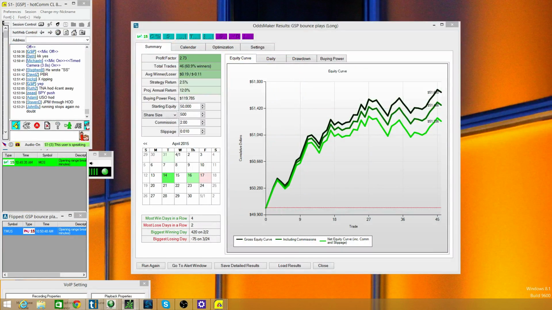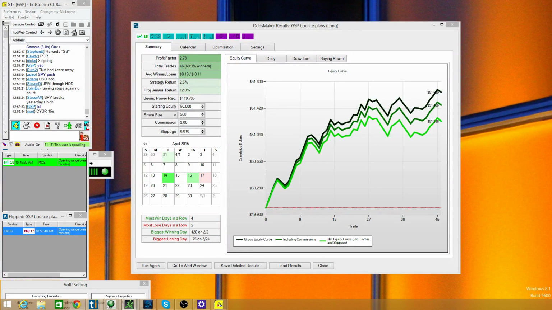Yeah, so it's a strategy that GSP has been doing for, I don't know, 1,000 years. Dinosaurs walked the earth, and he thought of this bounce play strategy. So all I did is I plugged in the strategy that he already uses, and then through the Trade Ideas Odds Maker, I was actually able to pick out what time of day it works best, what settings are the best way to do it, so that we can have a scanner pick this up for us in case, when GSP does his watch list each night, he misses something, or there's just something else.